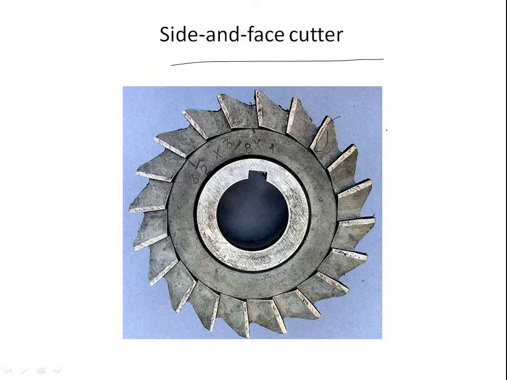They are made in varying diameters and widths depending on the application. The teeth on the side allow the cutter to make unbalanced cuts. Cutters of this form factor were the earliest milling cutters, developed from the 1810s. They were the most common form of milling cutters, whereas today that distinction probably goes to end mills.